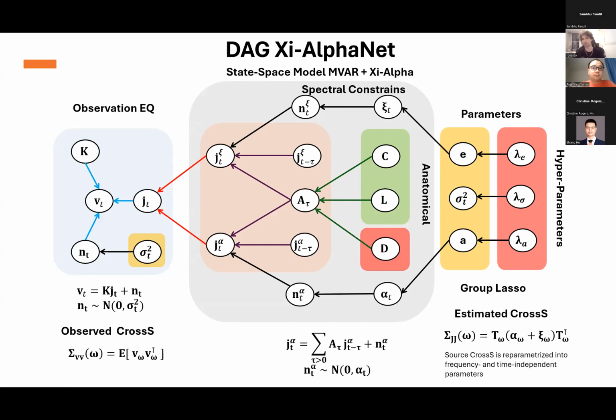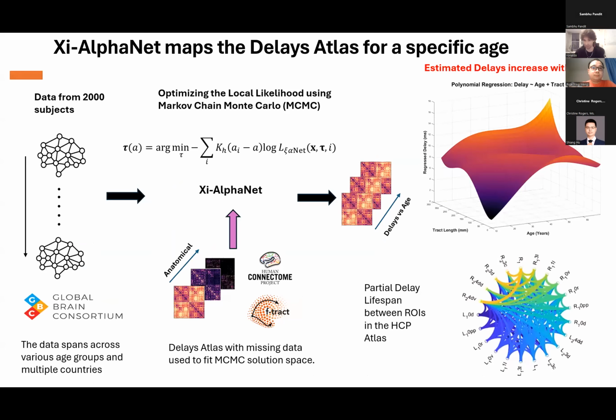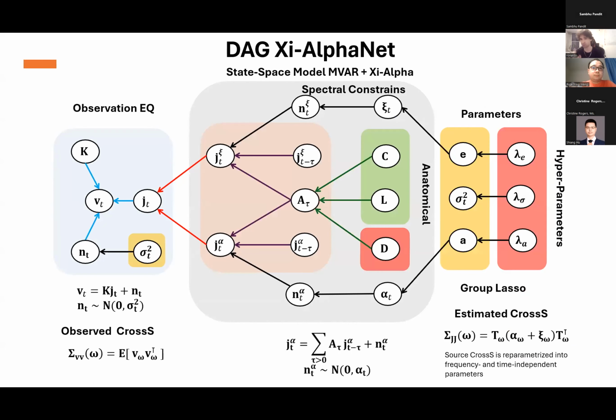And finally, what we can observe here is that the parameters that describe the cross spectra in the source for our model are time and frequency in the plane. So this is particularly interesting for analyzing large data sets. You also have a set of hyperparameters in your model that will promote sparse models. It's also important to remark that in our model, the delay is also a hyperparameter. The delay between two voxels in the brain, between two regions in the brain, is a hyperparameter in the model.